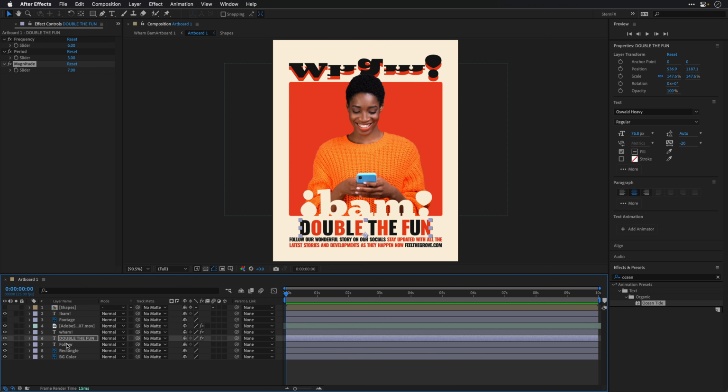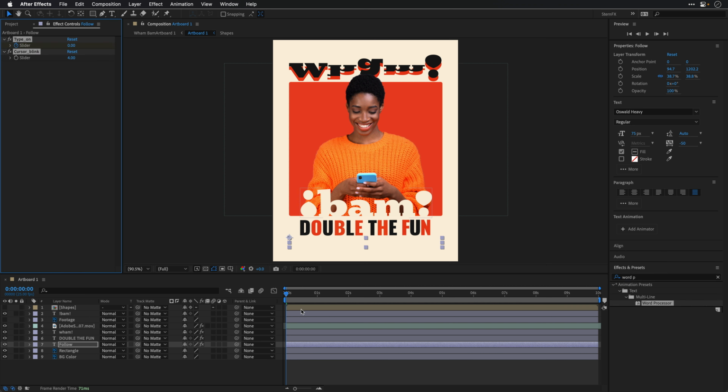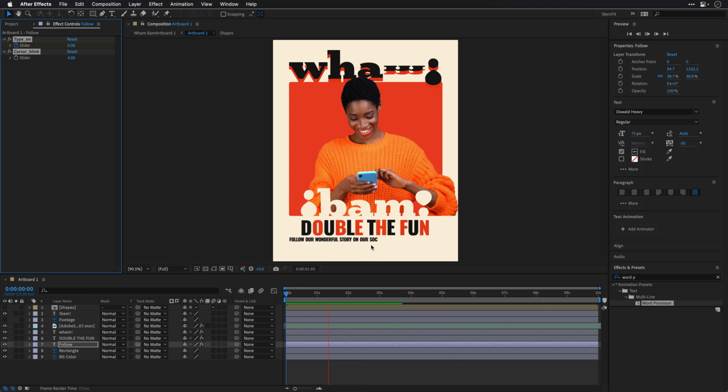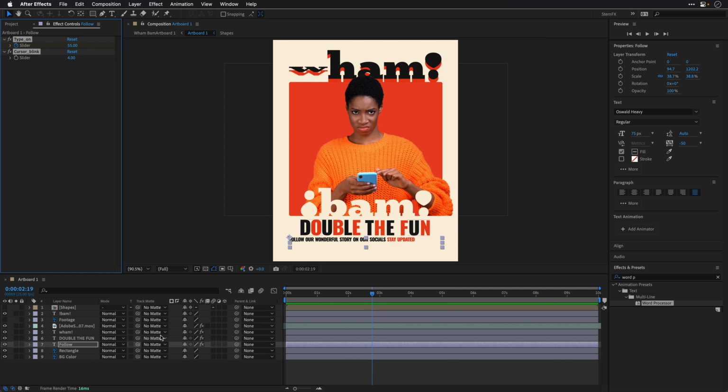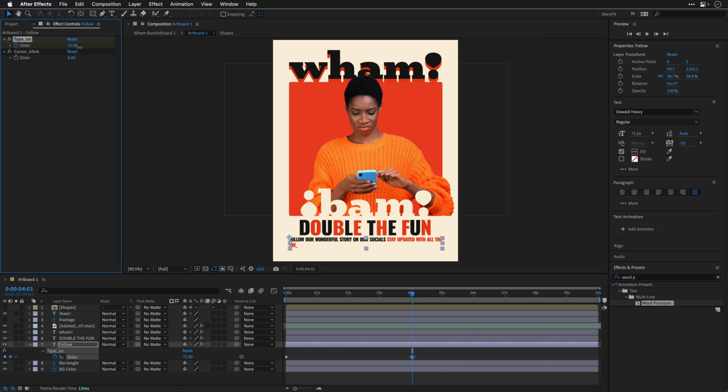And last but not least, I'll select the follow copy over here, and I'll apply the Word Processor animation, which is something that has a blinking cursor. Now, the problem in this case is that it doesn't reveal the entire text. So I'll need to select the layer, press U to see the keyframes. I think I'll stretch it to be under 4 seconds, something like this. And then I'll need to go to the Type On slider and expand it until all of the text is